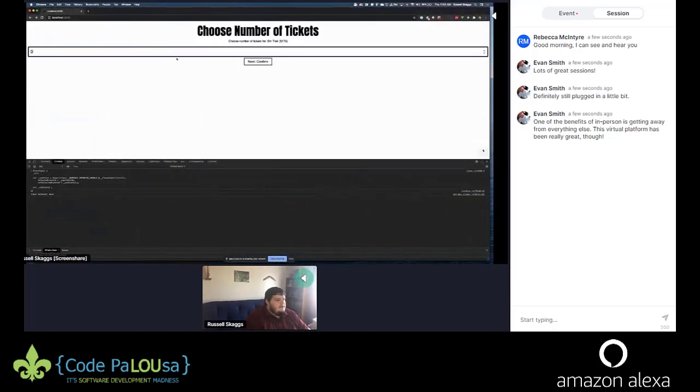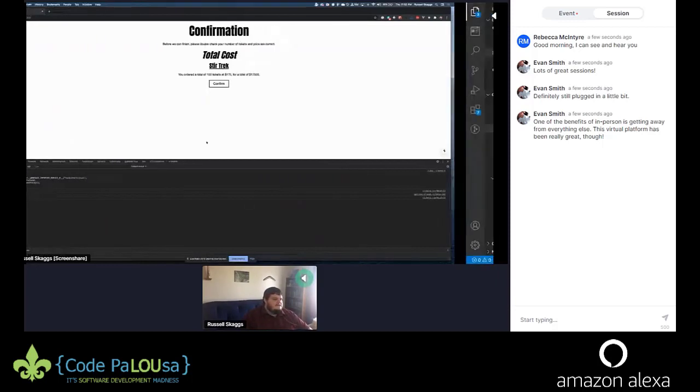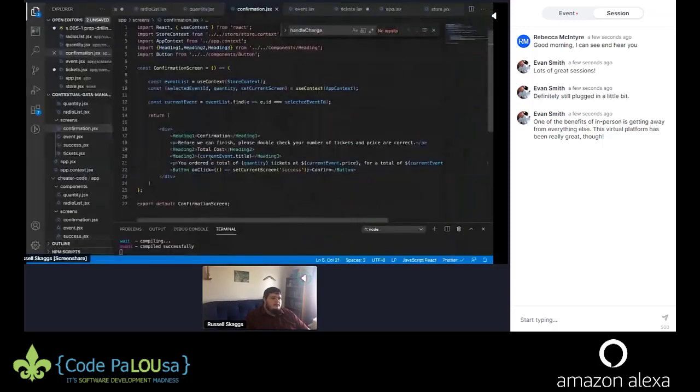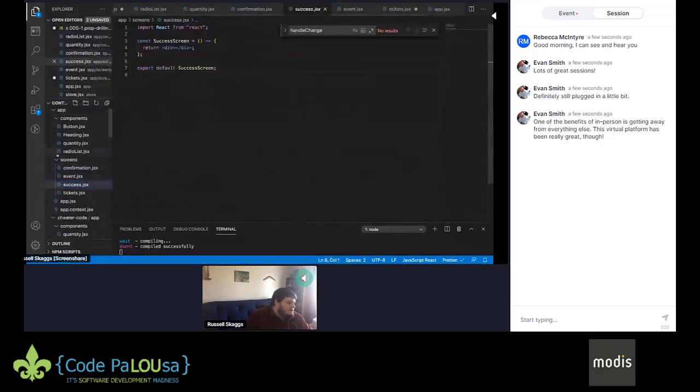So in this case, let's say we're buying 100 Star Trek tickets. Then we can see a confirmation that with a basic calculator for 100 Star Trek tickets, it'll cost $17,500. Pretty basic calculator, easy to kind of figure out. And then finally, on a success page,